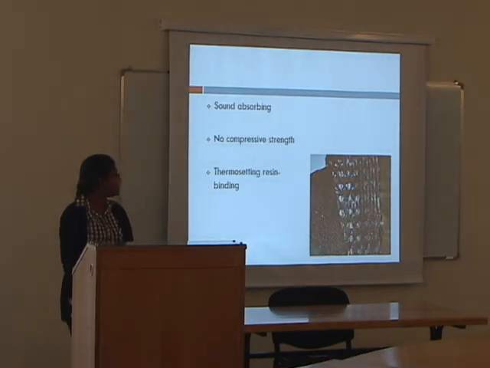So this is basalt wool, and this can be used in houses because it is sound absorbing, and it does not have high tensile strength, so it can easily break off. And since this is a fiber, some adhesive should be used to join these fibers together, that is the thermosetting resin, which is used for binding the fibers together.